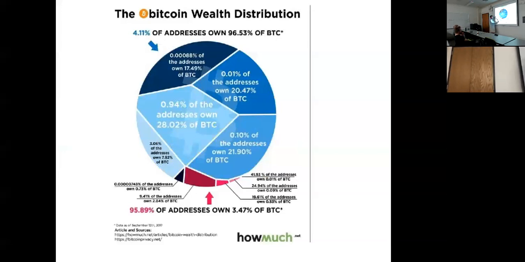So we're going to draw a plot of the proportion of IP addresses against the proportion of Bitcoin. And if we're way up here, that's a very small proportion owning a lot of Bitcoin. So if it's a curve that goes like this, it's very heterogeneous, spread out. We can see that because this is just a cumulative plot.